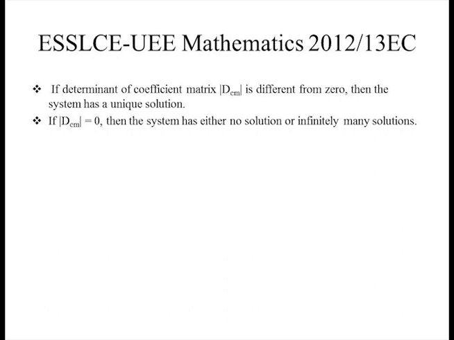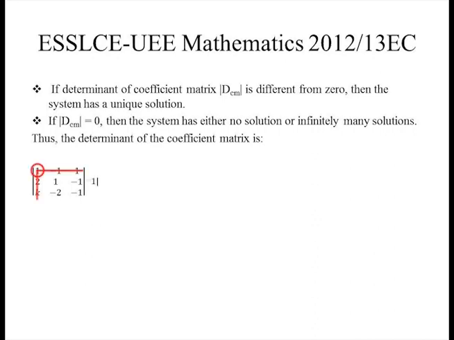many solutions. Thus, the determinant of the coefficient matrix is the determinant of the 3 by 3 matrix with first row 1, negative 1, 1, second row 2, 1, negative 1, and third row k, negative 2, negative 1, which is equal to, take first element of row 1, that is 1, and cross out row 1 and column 1, and we are left with 1 times negative 1 minus negative 2 times negative 1 minus